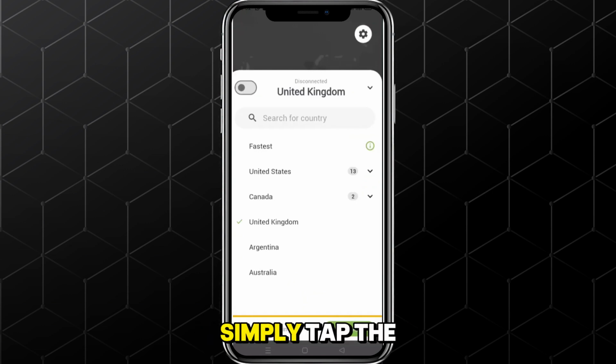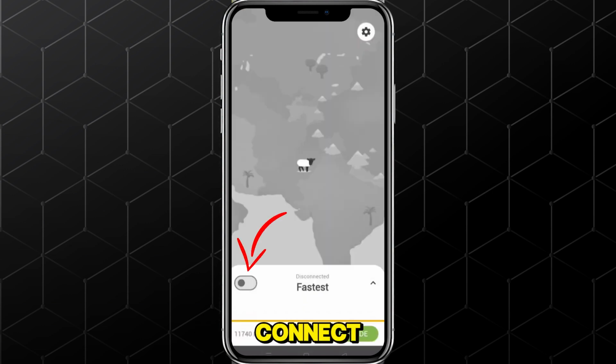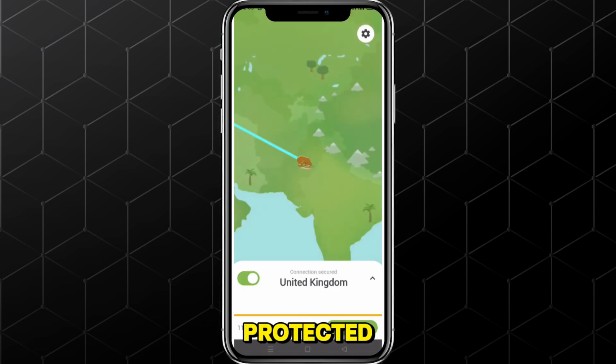When you're ready, simply tap the large switch on the homepage to connect. In just a few seconds, you'll see the status change to Protected, and your internet connection will be fully encrypted and secure. For those who want more control, you can explore the settings by tapping the gear icon in the